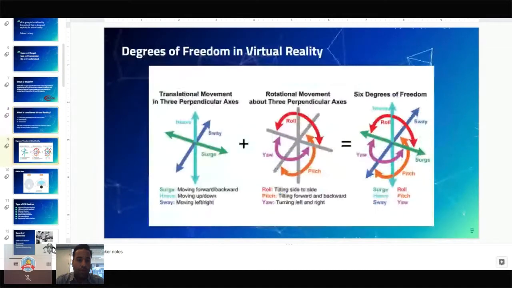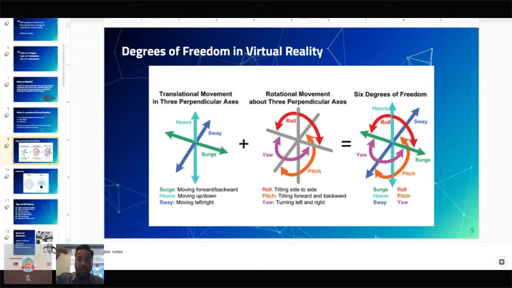So this is a quick review of the type of movements that happen in virtual reality. In very simple terms, you can look up, look down, look left, look right. And more advanced ones are actually tracking your position. So not only your position in a specific room, but your height, what level you're in.